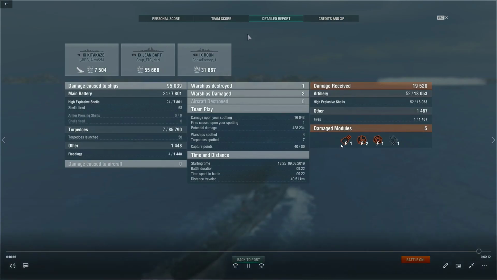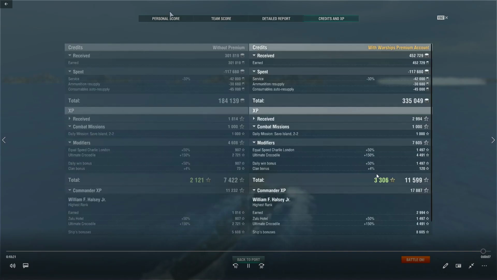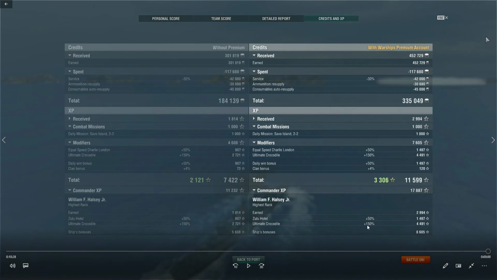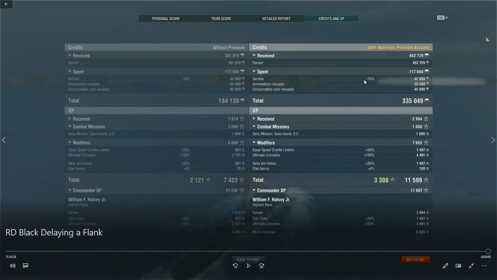Now, this is one thing that black currently does have going for it with the credits and XP. The special camos, I've got the ultimate crocodile camo on, which gives 150% XP for the camo, and then 158% XP for the commander XP, and that just comes with the camo. Don't think it has an actual credit bonus to it,